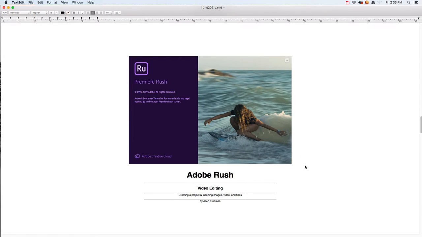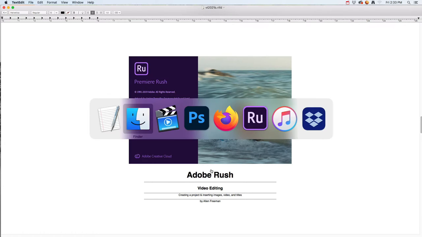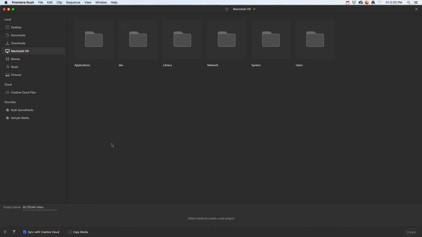In this tutorial, we're going to do some video editing using Adobe Rush. So we're going to create a project, insert some images, maybe some video, and then also insert some titles. So first off, I'm in Rush, and the other thing you want to make sure you have is